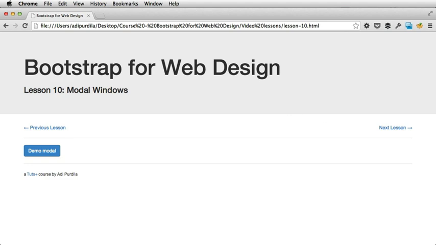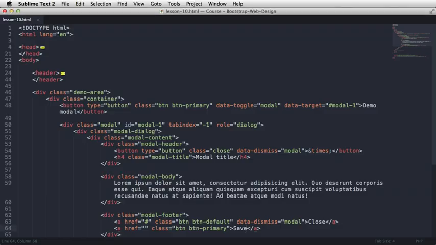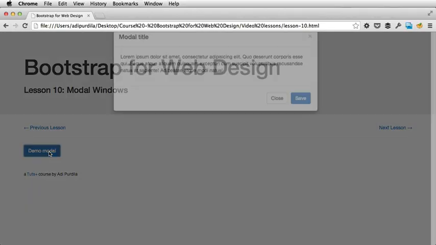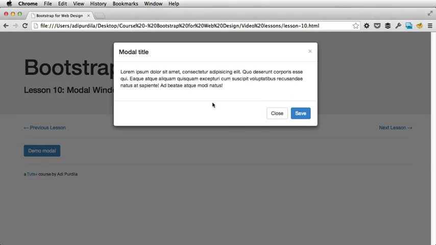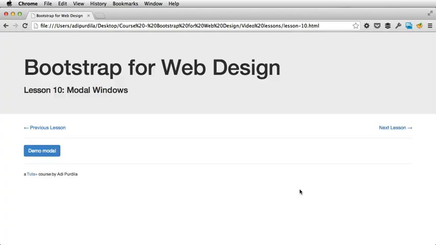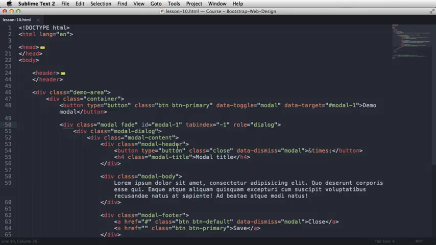If you want it to fade in when it's being shown, simply add the class of fade to modal. So now it has this nice fade-in effect. If you want a bigger or a smaller modal window, you have two classes that you can use. The first one, and you need to add it right here to modal-dialog, is modal-lg,